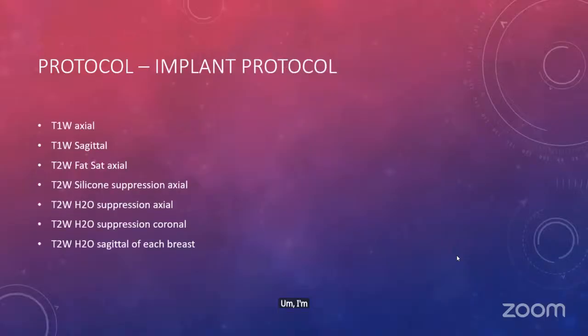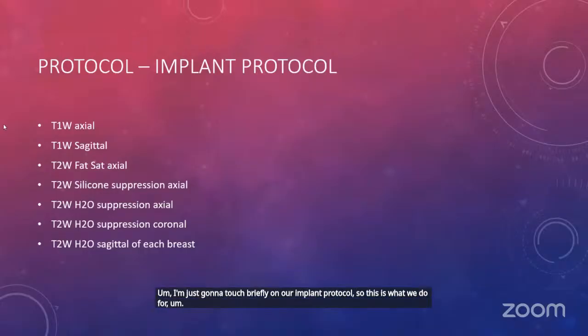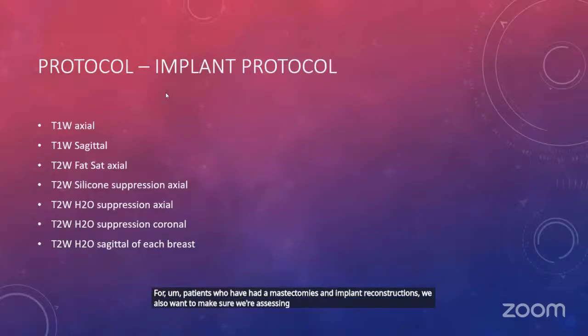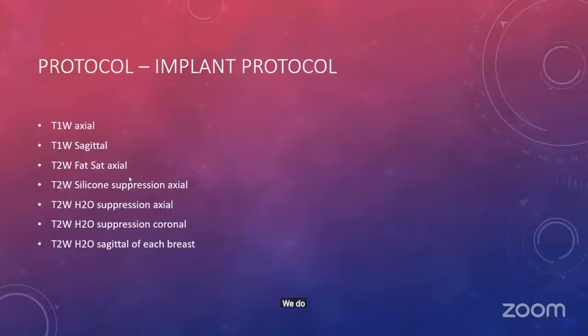I'm just going to touch briefly on our implant protocol. So this is what we do for non-contrast breast MRIs, as well as for patients who have had mastectomies and implant reconstructions. We also want to make sure we're assessing their implant on our breast MRIs as well. So we give them a T1 weighted axial and a sagittal without fat saturation. We do T2 weighted fat sat axial and then a T2 weighted silicone suppression axial. The idea being that